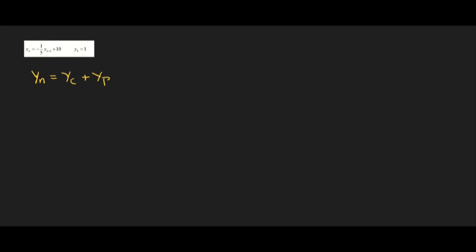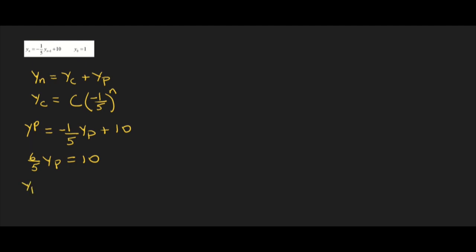It's the sum of the complementary function, which is the solution of the associated homogeneous equation, and a particular integral. Now, the complementary function is very easy for a linear equation. We've got yc equals a constant c multiplied by (-1/5)^n. The particular integral is solved for by assuming that y is constant, so we have yp equals -1/5 yp plus 10, which solves to give us 6/5 yp equals 10, yp equals 50/6, or simplifying